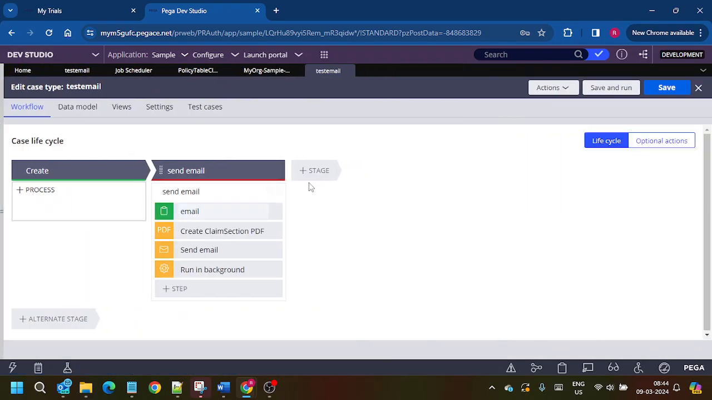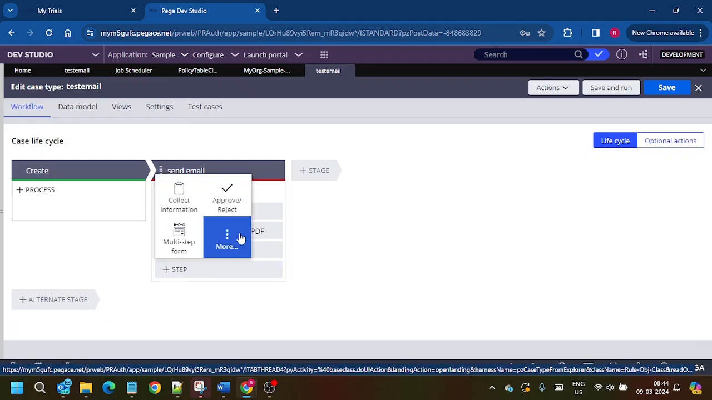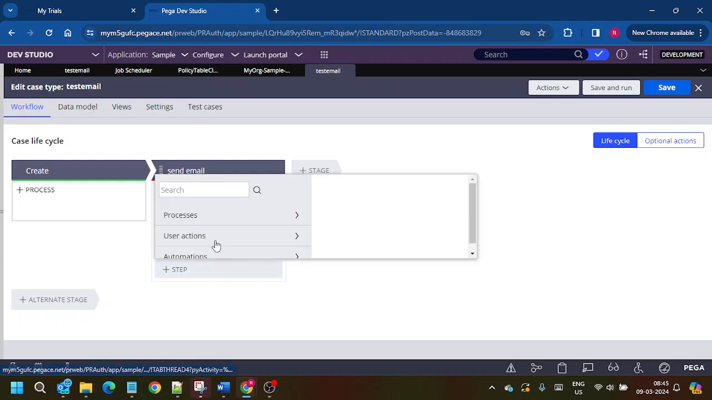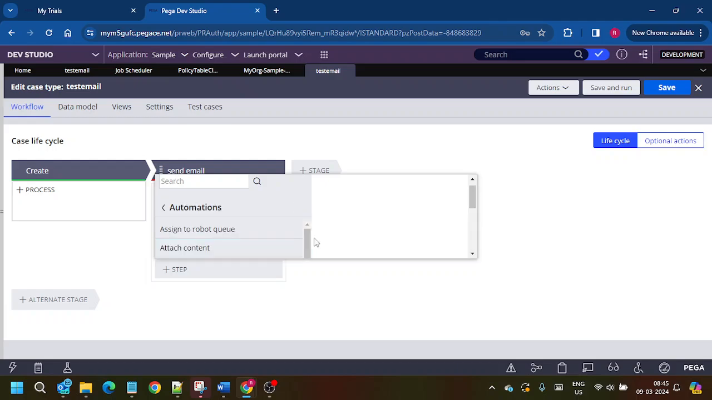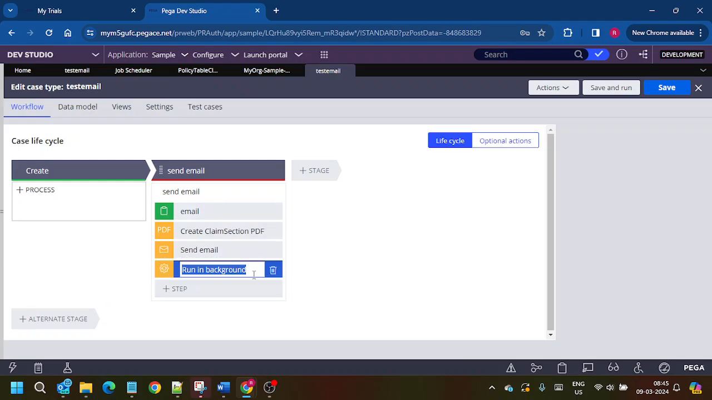So now we will test. We'll test one here. So I'm going to create a new step, which is under automations, run in the background. Select it. After selecting,